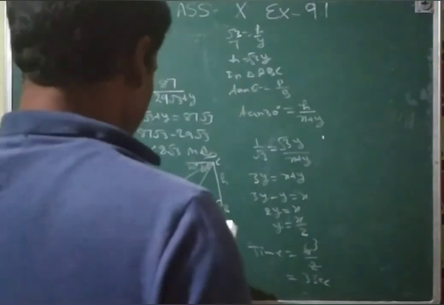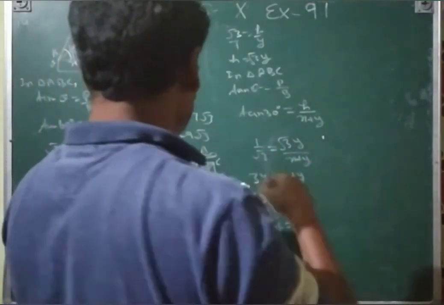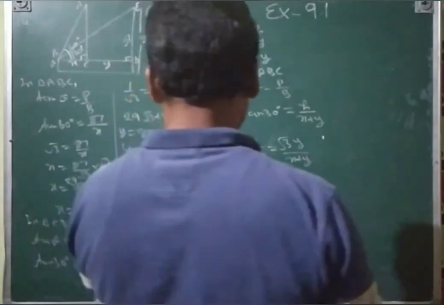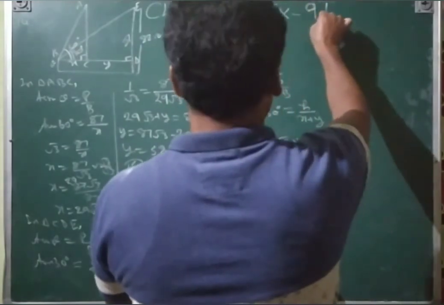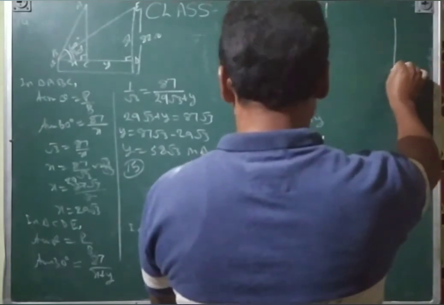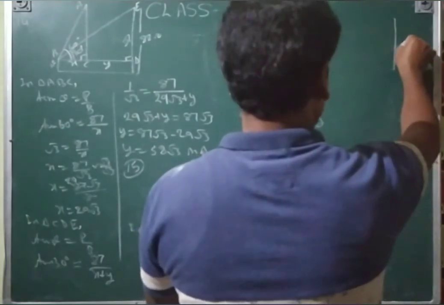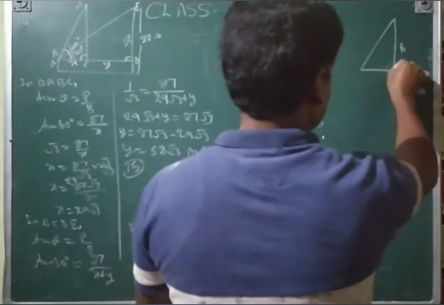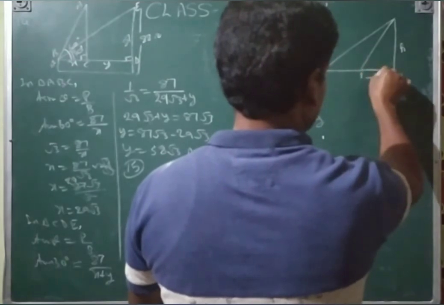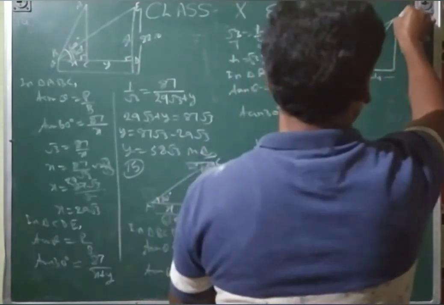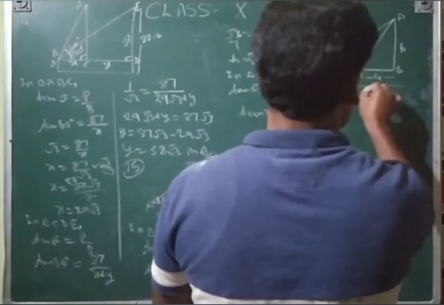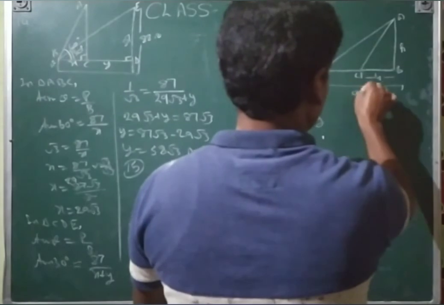Now the last question, the 16th. The angles of elevation of the top of the tower from points at a distance of 4 meter and 9 meter. This is the height, and the first is this angle and the second is this angle. This is the 4 meter up to here, that is ABC, that will be D, and the total distance is 9 meter.